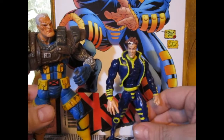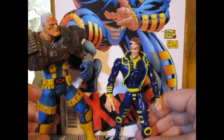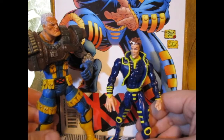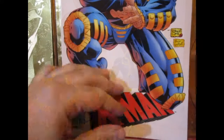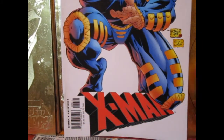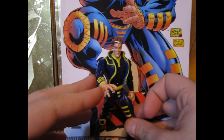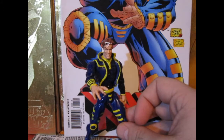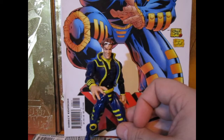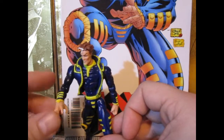So basically he was a really powerful version of Cable. And one time they even collided and had a big fight in one of the comic books that I couldn't find right now. So anyway, after the Age of Apocalypse ended, X-Man, or Nate Gray, played quite a huge role in ending the Age of Apocalypse. He was the one who killed Holocaust, one of Apocalypse's big leaders, and by killing him,